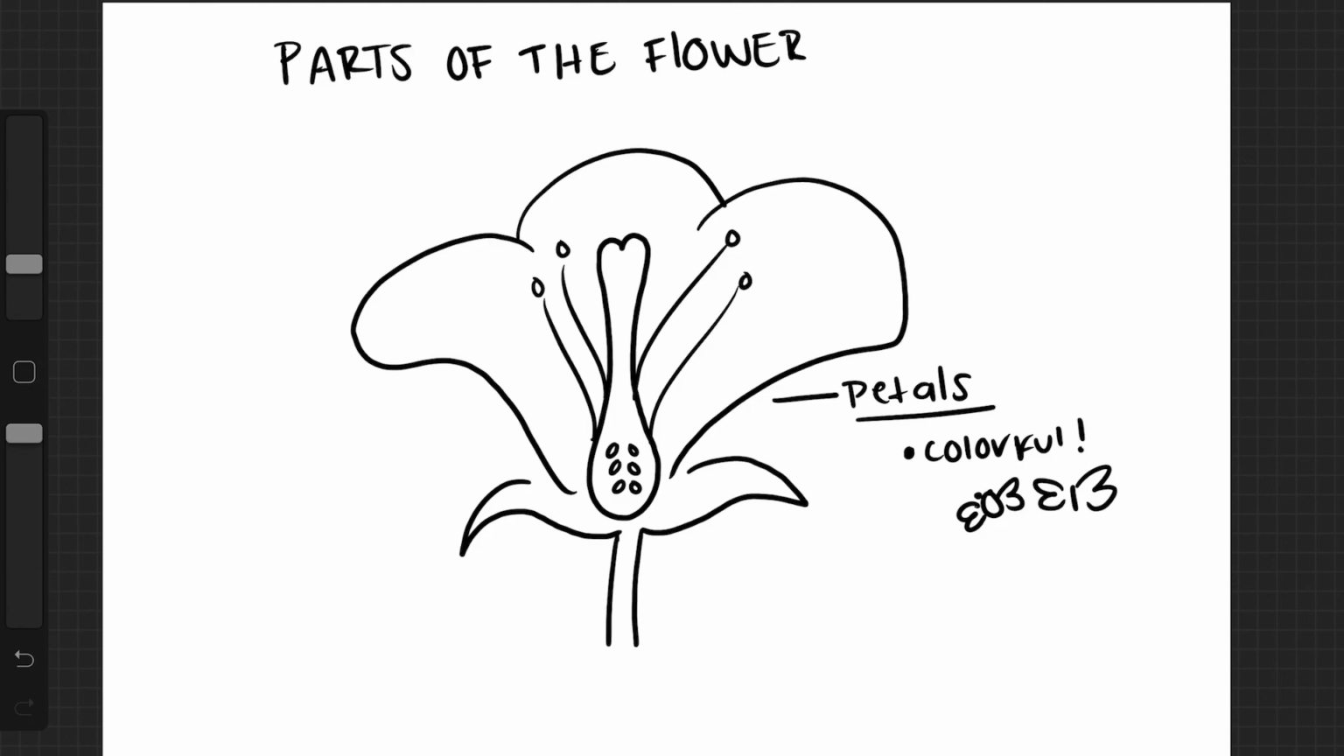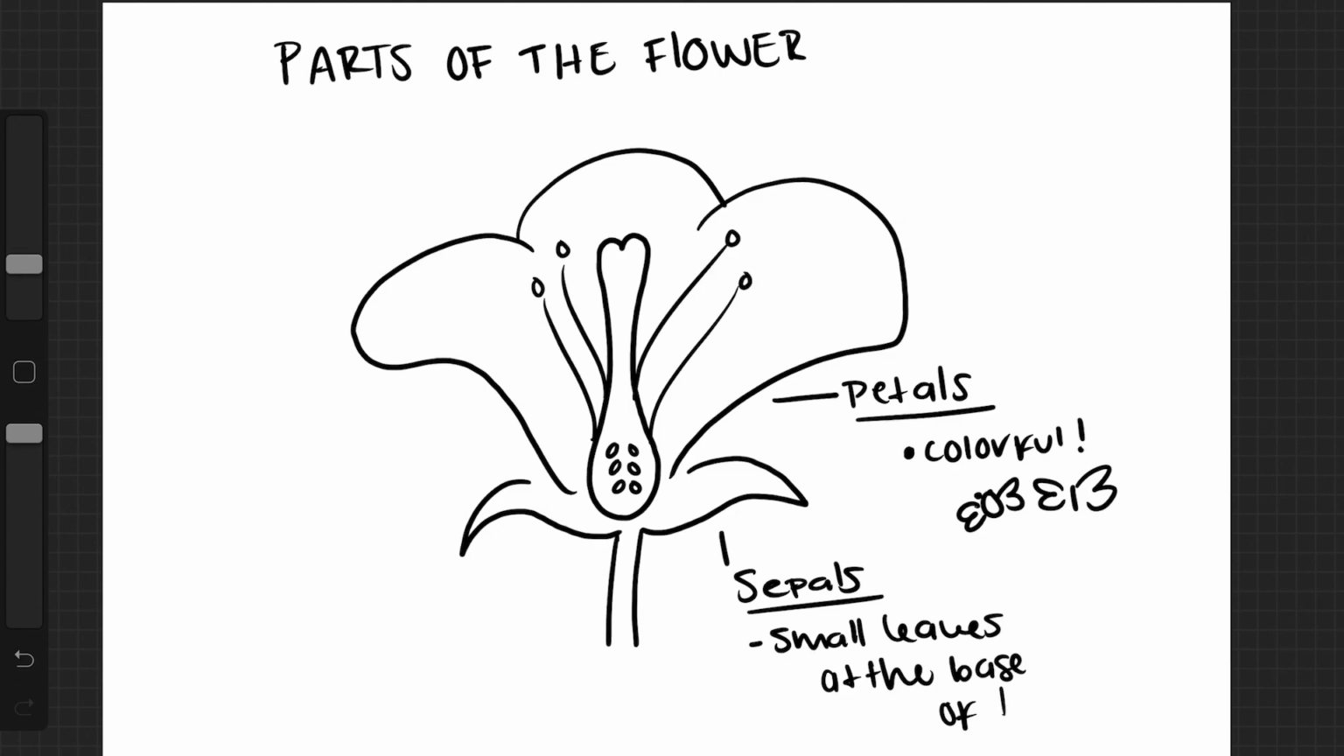Next, we're going to talk about the sepal. These are little small leaf-like structures at the bottom of the flower. They're called sepals. They're like small leaves at the base of the flower. So those are the two sort of non-reproductive parts of the flower that I want you guys to keep in